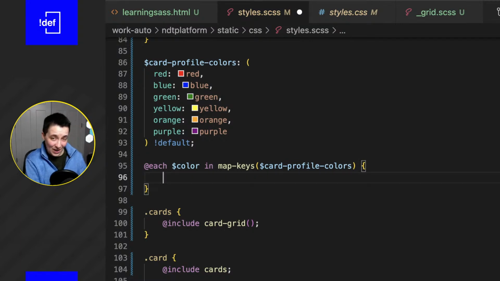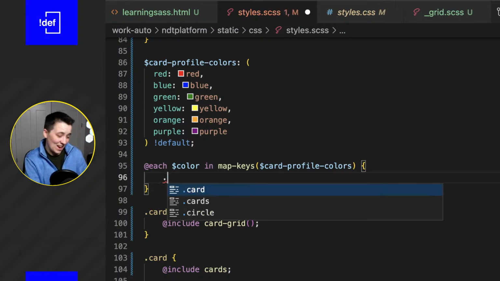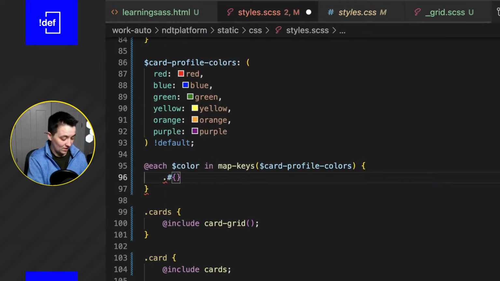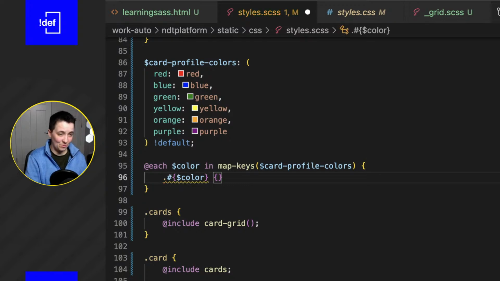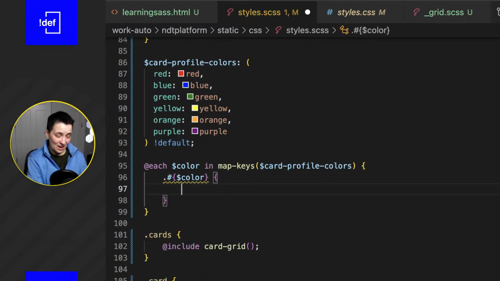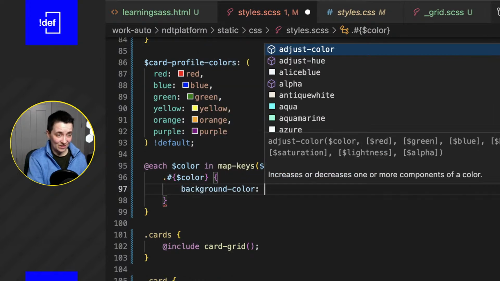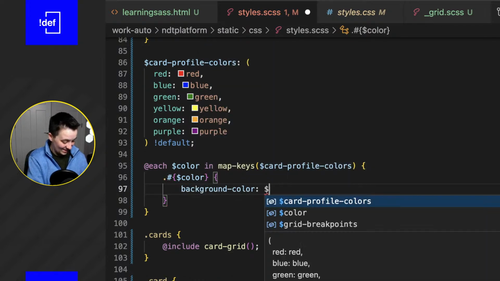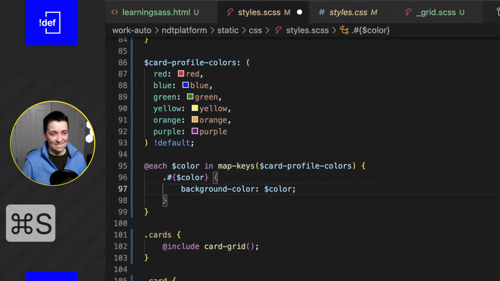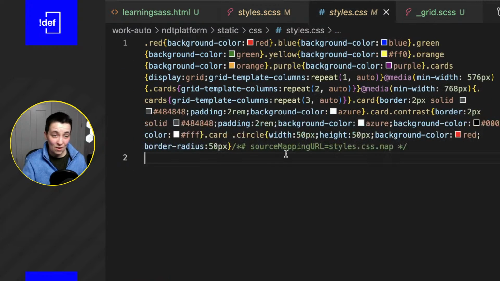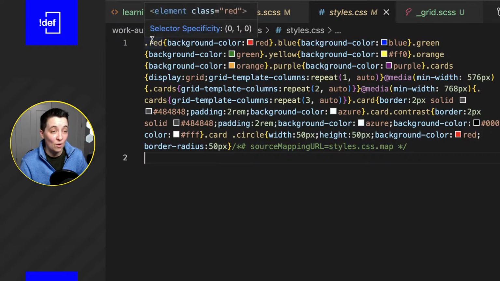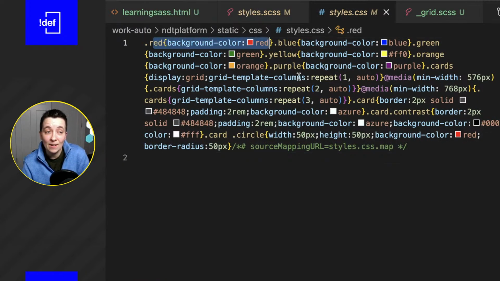I'm just going to define the class then. Let's just say it is the color, and then we're gonna, yeah, I think that's right. And then we can just say, hey, background color is that same color. Save. Let's see if we have any styles. Okay, so it did compile, and oh, actually we can see that it created a class for us for each